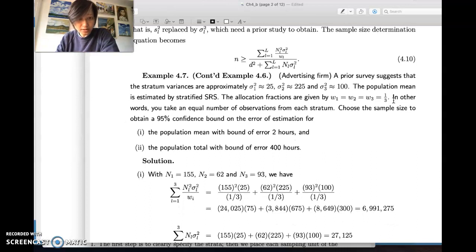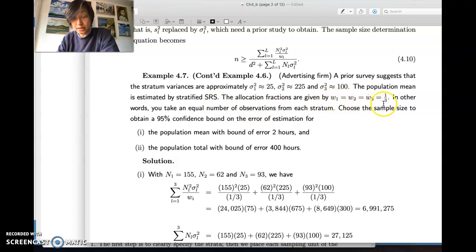That is a continuation of example 4.6, the advertising firm. A prior survey suggests that the stratum variances are approximately sigma 1 squared = 25, sigma 2 squared = 225, sigma 3 squared = 100. For the three, remember the TV watching example. The population mean is estimated by stratified simple random sampling. The allocation fractions are given by